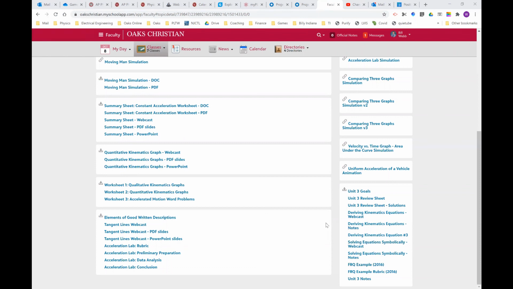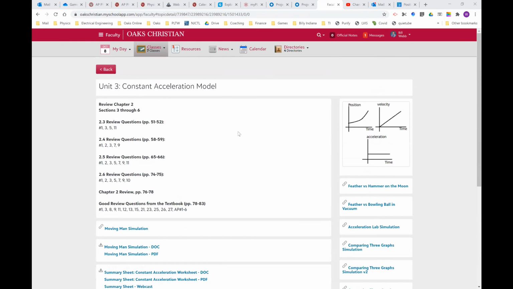They're resources that we don't have time to go over in class, and I don't necessarily assign them, but they're great for you to use. They're great resources for you to use to prepare for the upcoming test on Unit 2. You need to spend time outside of class preparing for a college board level, AP level class. And so those are some resources I provided for you to help you. There's also one over here, but I'm going to actually be asking you to do some of this one, this tangent lines webcast. That's actually something I'm going to be asking you to do next week anyway. So, but there's that one too. So there's several webcasts with notes. Just encourage you to be using those resources.